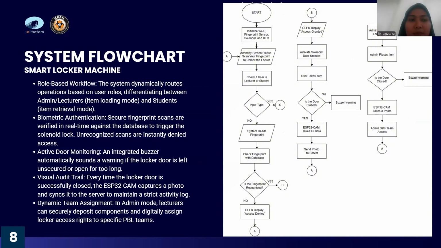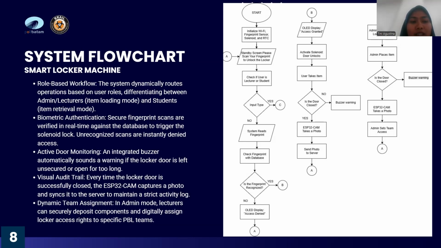And in this slide, system flow chart, smart locker system. Role-based workflow: the system dynamically routes operation based on user roles, differentiating between admin or lecturer item loading mode and student item retrieval mode.